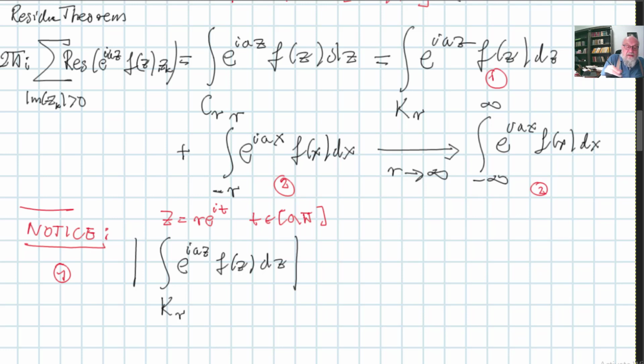So let's plug it in. I'm getting the integral from 0 to pi of e^{ia} times e^{it}, and this is f of,